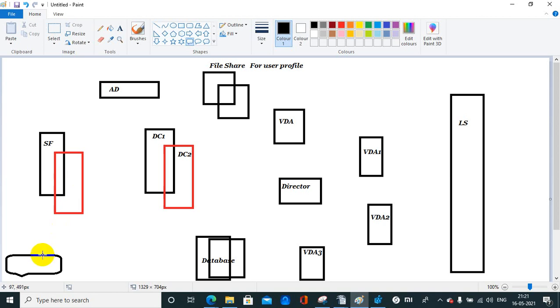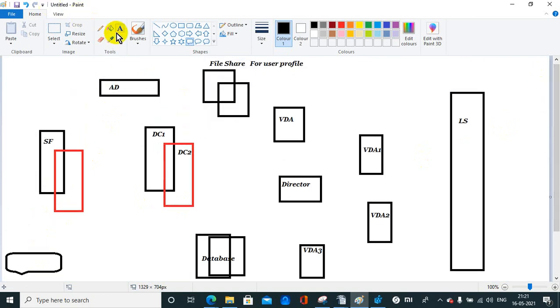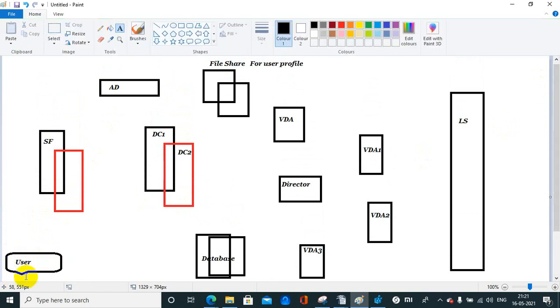The user will open the browser and type the website, like Citrix FAQ or Citrix ABC, or whatever website you have created here, same as the web interface.